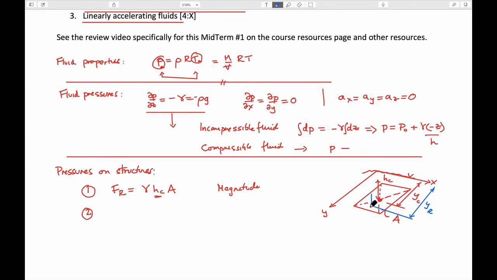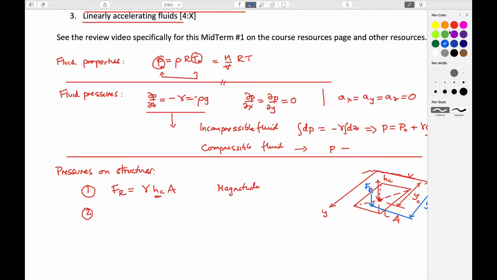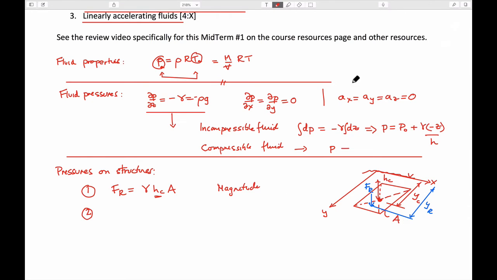And so physically, F sub R acts at this point. And so the location of this point, y sub R, is the slope distance along in the plane of the plate, down from the surface, and it is given by this component y sub r,